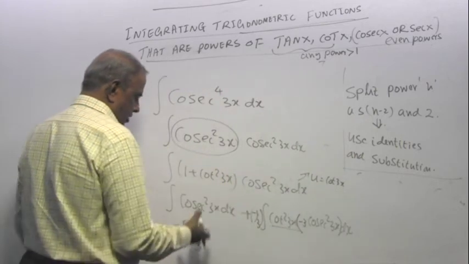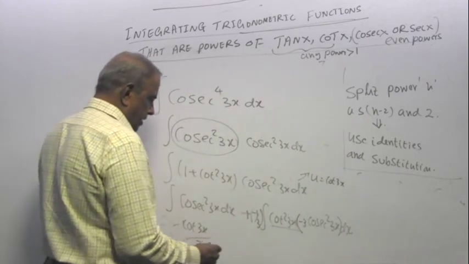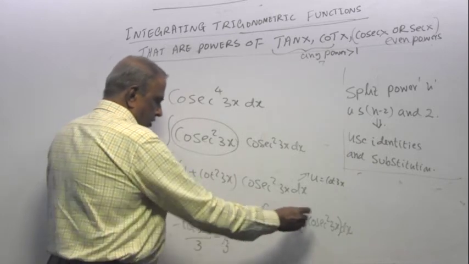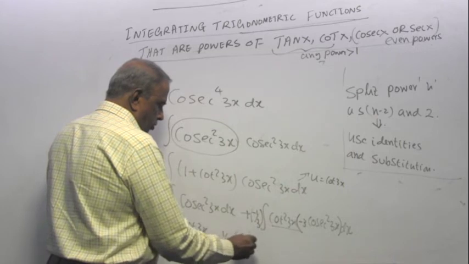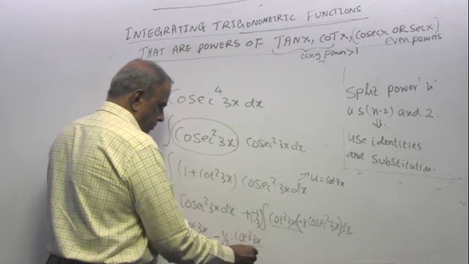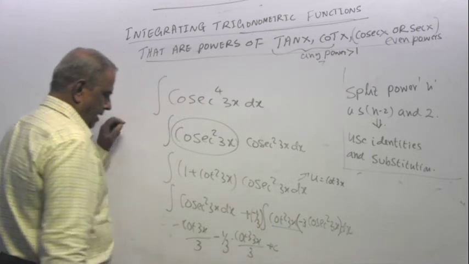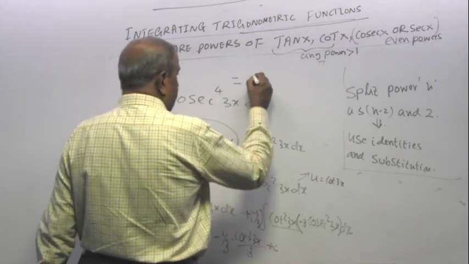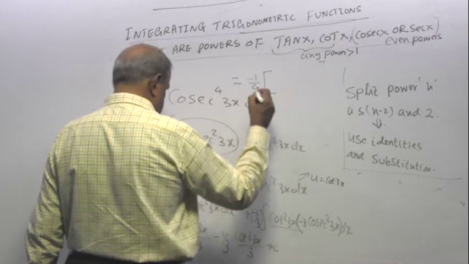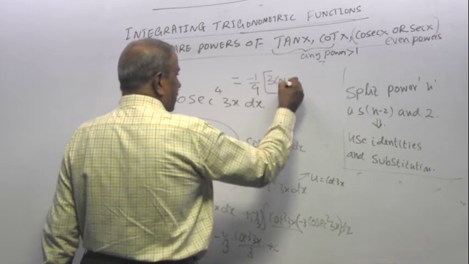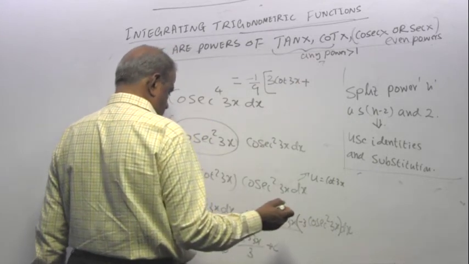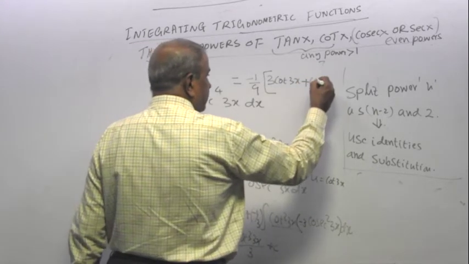And then work out, you'll get the same answer as I get. So it is minus 1/3 u squared du, which gives you u cube over 3. So the final answer will be, I can remove minus 1/9 as a common factor. I get 3 cot 3x plus cot cube 3x